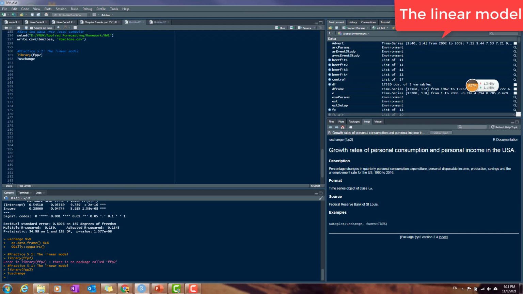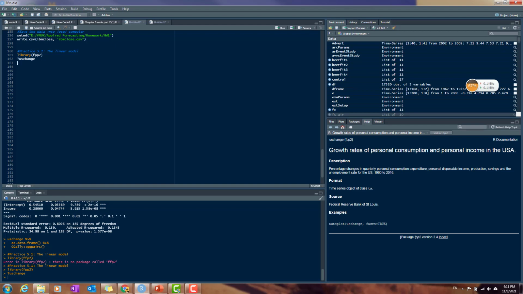We're going to look at the growth rate of personal consumption and personal disposable income in the USA from 1960 to 2016. This is a quarterly time series, so from 1960 to 2016 is about 57 years with 4 quarters each year, a little bit more than 250